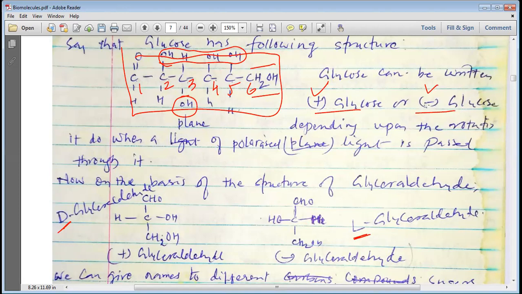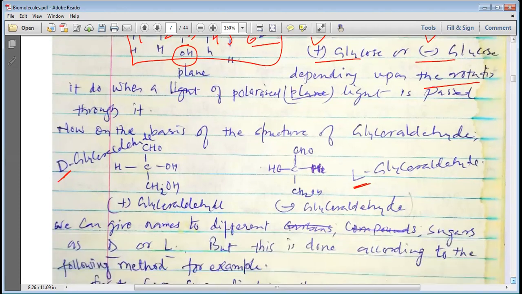Thus, plus glucose and minus glucose we understand by its ability to rotate the light in a clockwise and anticlockwise manner. But we also call it capital D glucose, and this capital D or capital L is given on the basis of the